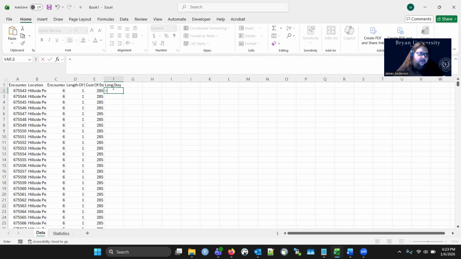I'm sorry. So what I did is IF, and then I do D2 here, I can just click on it, and I type greater than 15. So basically, is it longer than 2 weeks? Then I want to return a yes, otherwise no. That's just if the cell I'm looking at is greater than 15,